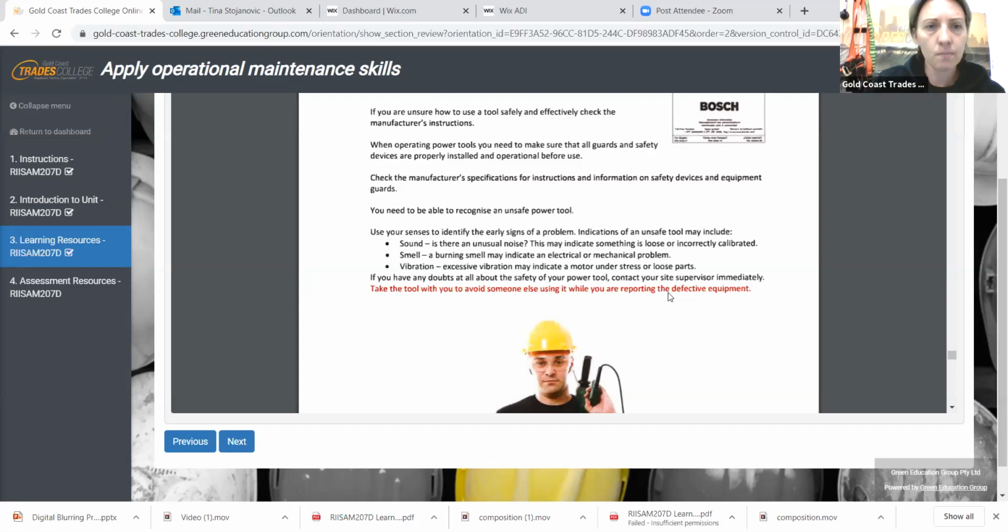Question 33. Why should you perform inspections on your tools after you have finished using them? So after you have finished using your tools,